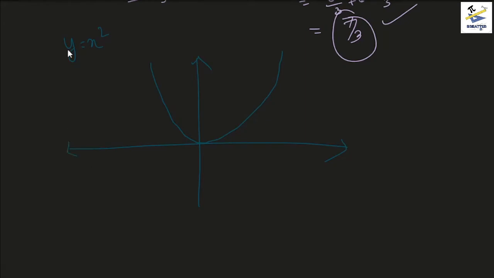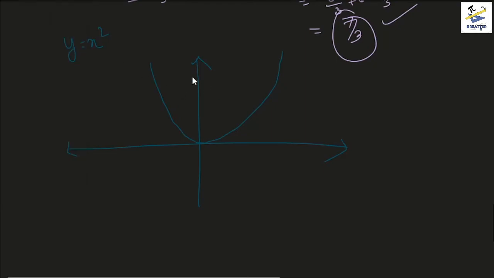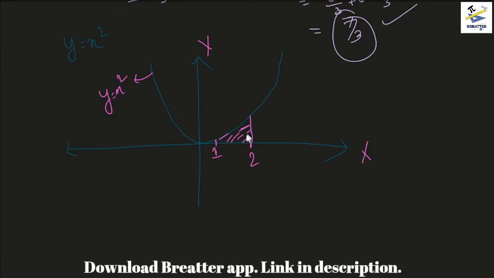Let us say this is the x-axis and this is the y-axis, and let us say this is x equals 1 and this is x equals 2. What it does is it finds the area between 1 and 2, this portion, and this area is 7 by 3,